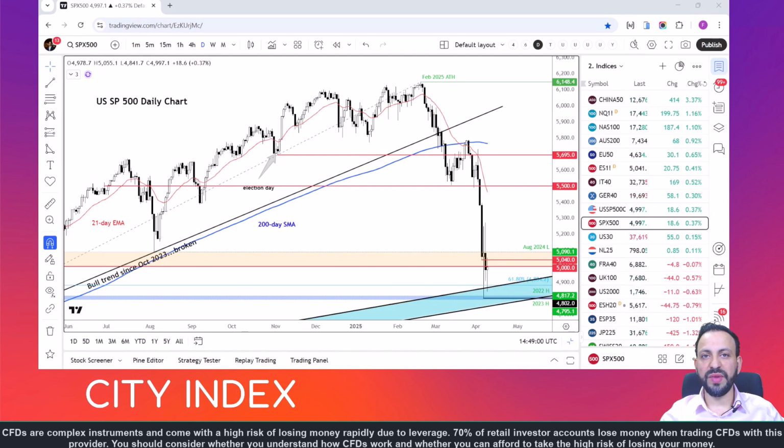So the markets remain under pressure because of the ongoing trade war. The latest news is that China has retaliated and they are charging 84% tariffs on goods coming to China, after the US raised Chinese import tariffs to 104% the day before. Now the markets have come back off their earlier lows after Trump said be cool and everything will be okay, and that it's a great time to buy, but whether or not the markets will listen to him is another